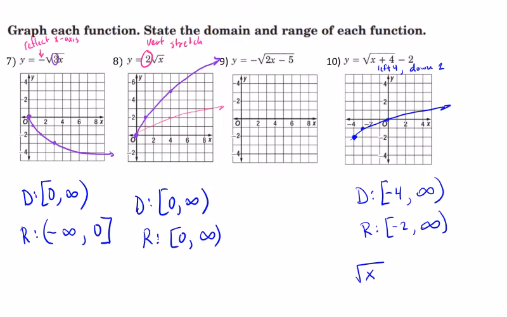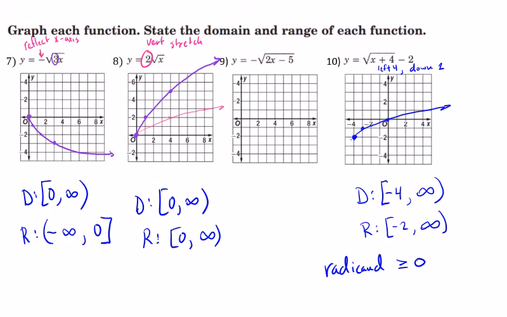So when you have a function like this, a square root function, the limitation on it is that what's underneath the radical, the radicand, has to be greater than or equal to 0, right? If the radicand is less than 0, you're going to have a negative underneath the radical, and that'll turn into an imaginary number. For example, if I plug in -5 into this function, -5 plus 4 is -1, and that would give you the square root of -1, which is i. And even though we know how to operate with imaginary numbers, they still aren't real. They don't show up on a graph, right? We don't have anything